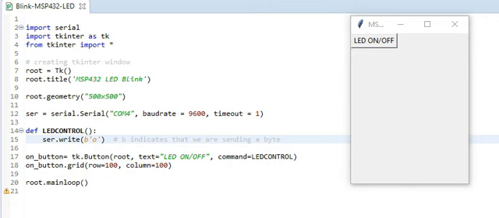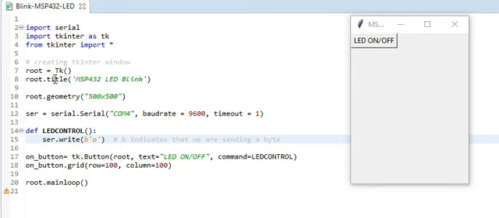And then the intention is to create a small button. When you click, the LED should be off, and when you click again, the LED should be on. So that's how the functionality is intended to be. Here, if you see, this is a simple program. So we import serial and tkinter, importing all the required packages, and then we are